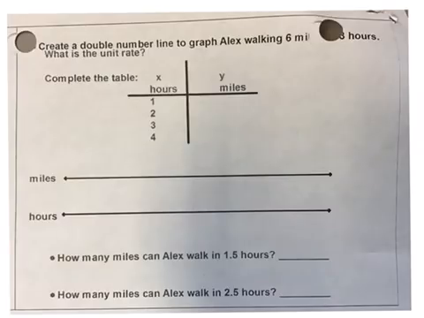We're going to go ahead and create this double line together. Alex is able to walk 6 miles in 3 hours. So if we look here at 3 hours, we know it's going to be 6 miles. So what we have to do is we have to find the unit rate. So we're going to put 6 miles over 3 hours, and to find the unit rate, it's going to be